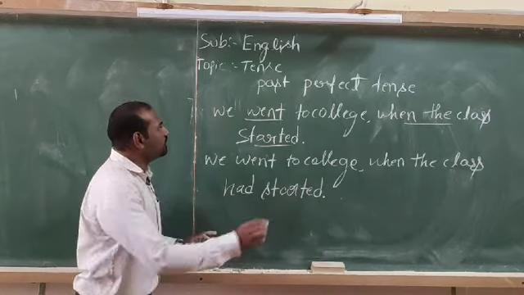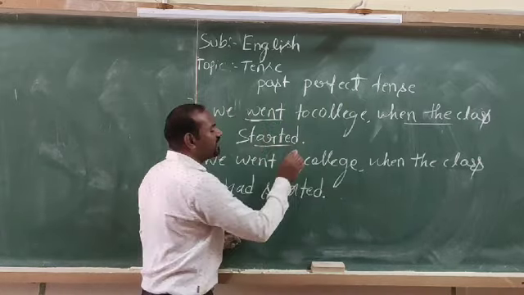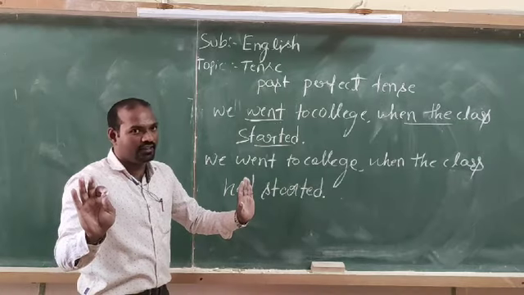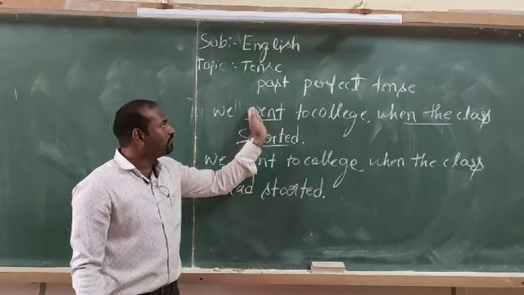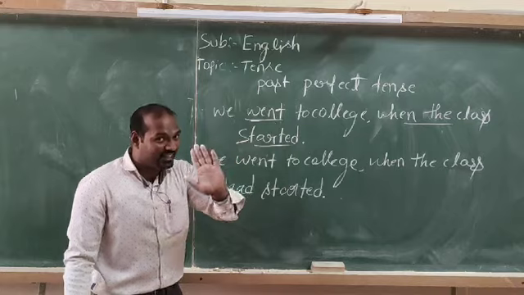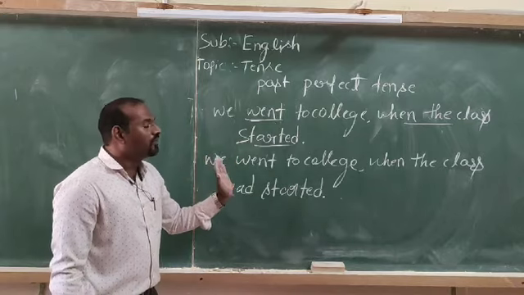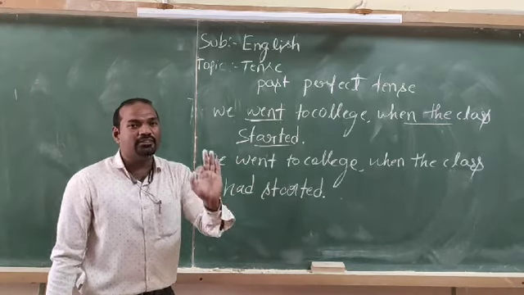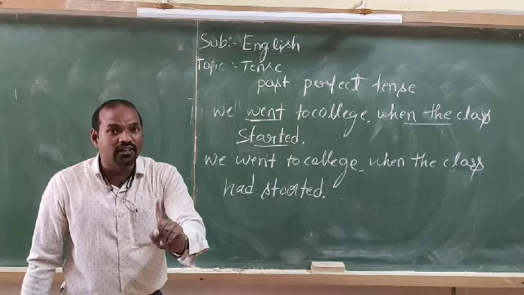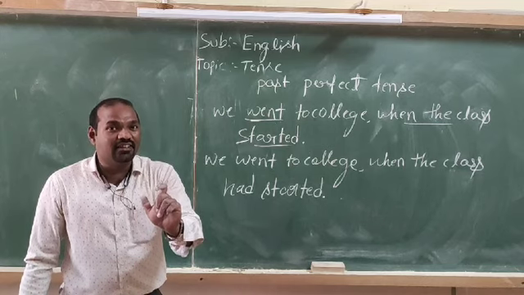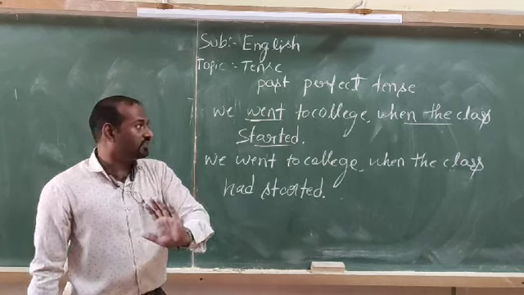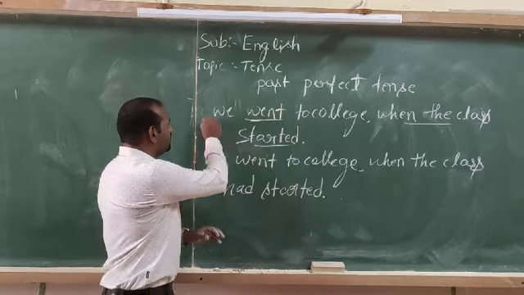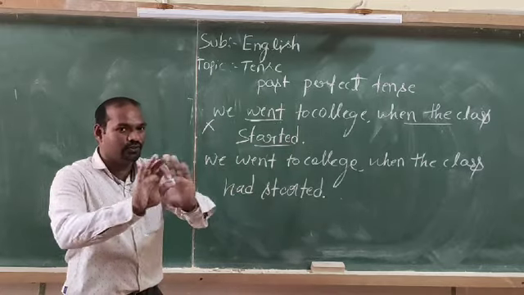Look at here. Using two simple past tense in a sentence is wrong. And the difference between simple past tense and past perfect is very clear. We are using the past perfect tense to show the action which occurred first. Look, this is totally wrong. Using two simple past tense in a sentence, totally wrong.